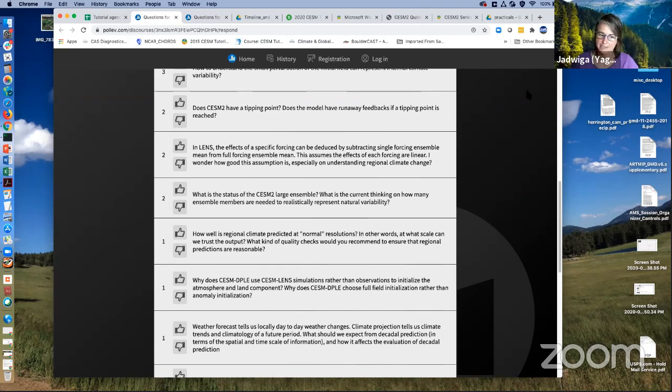Yeah, I think it's still an area of research. We've tried a few things, but I think there's room for improvement. This is why anomaly initialization could be just as good. Taking the anomalies and putting them on top of your model is another way that people think is a good one. It's all to try to minimize the model shock and drift, because the model will drift as soon as you initialize it with something that it doesn't want to be at. But it's an active area of research, and because you usually need a lot of cases and a lot of years, it's hard to figure out the best way.